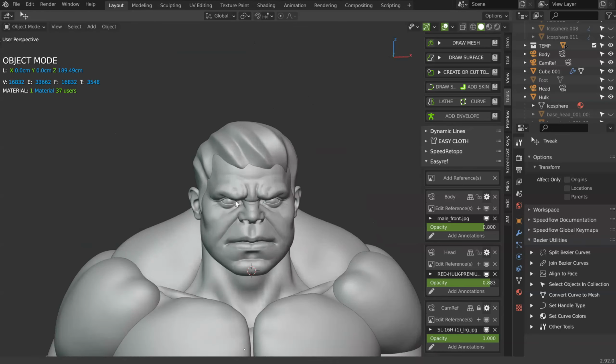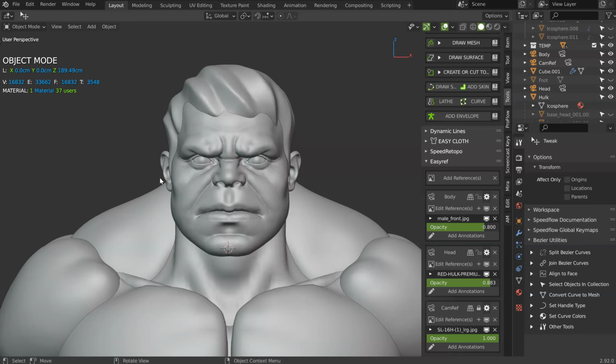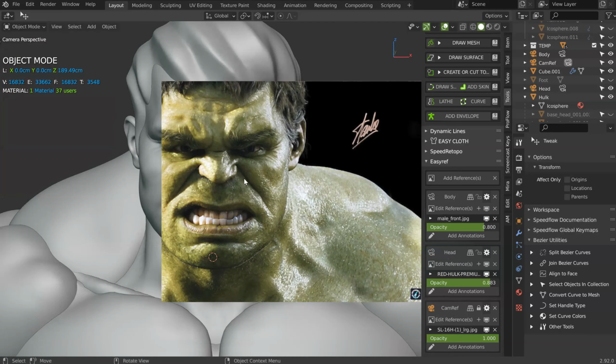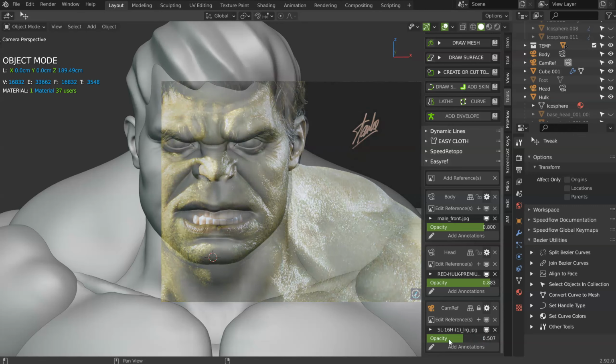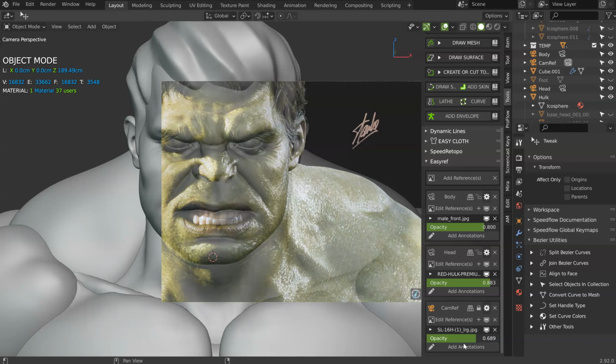Okay? So you are wondering how I did this. In fact I used EasyRef. You can make it by hand, but you can use the add-on too. And on this one I added an image of the Incredible Hulk from the MCU directly, and I made some changes. It's not exactly the same, as you can see, obviously, and I tried to place it correctly after I played with some settings. For example, just to show you, I will add a new one.